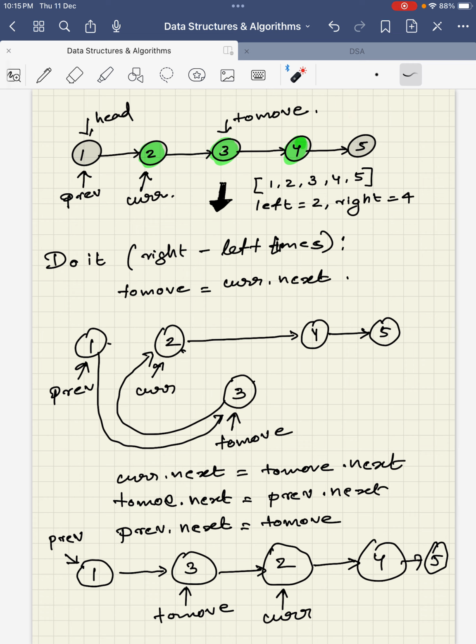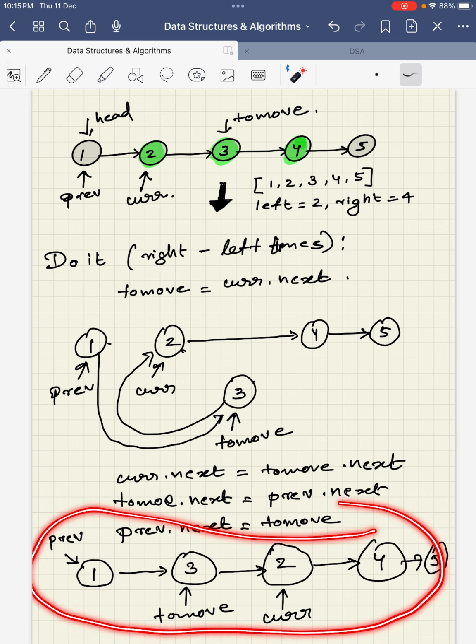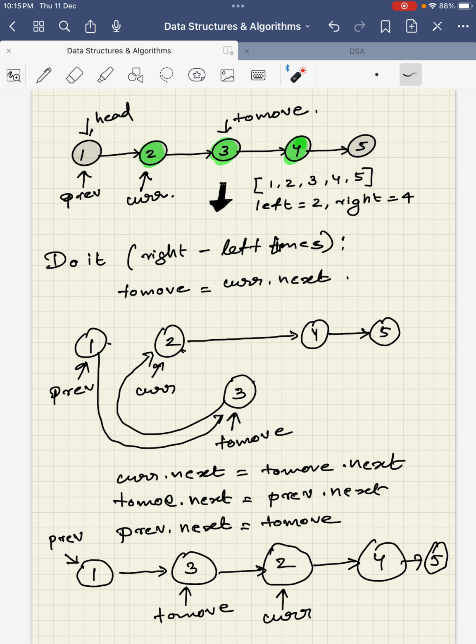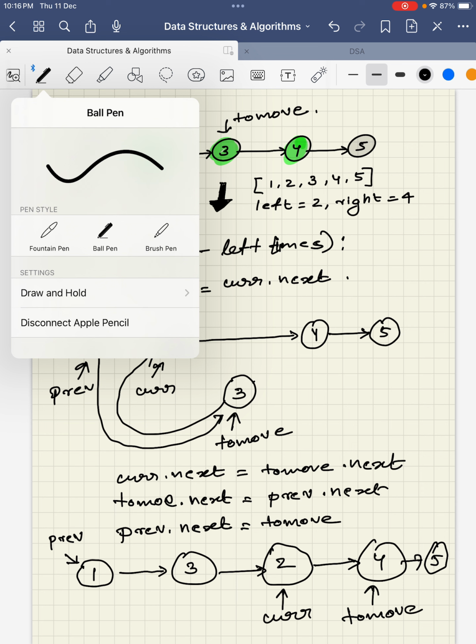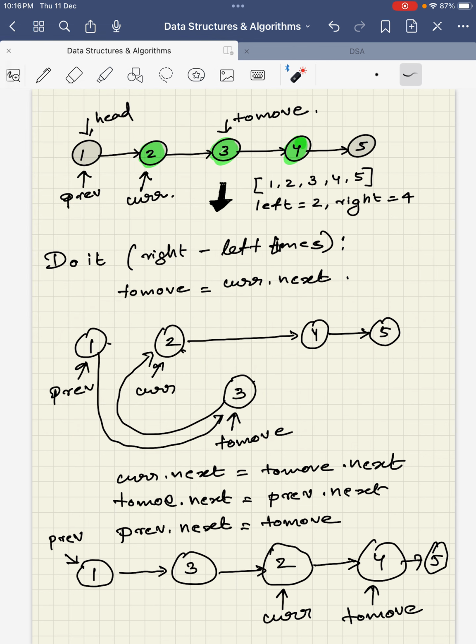So in the first step we got something like this, so we are going to do it again. In the next step, to move became current dot next. That is nothing but this to move, this pointer would be taken to here. Okay, so we can just erase this pointer. To move became this, and whatever we did here, this kind of swapping will happen, right? In this case, what we can do is take this 4 slightly below and this pointer will go towards 5,